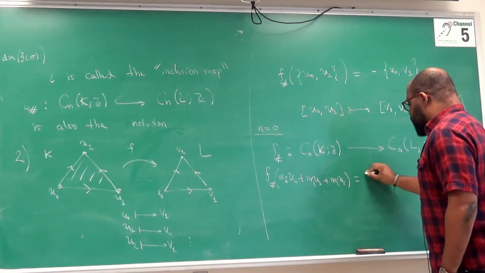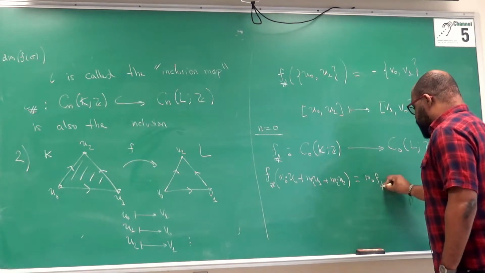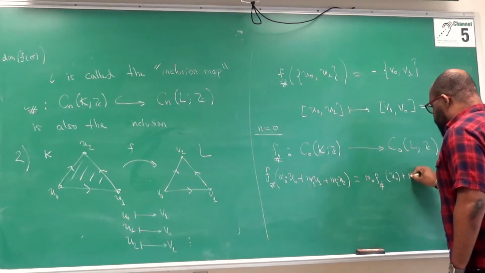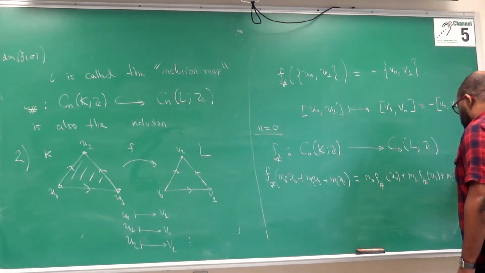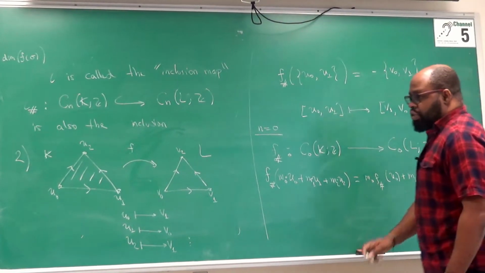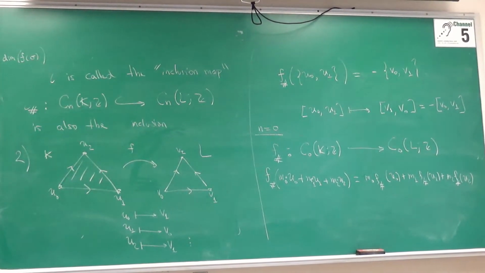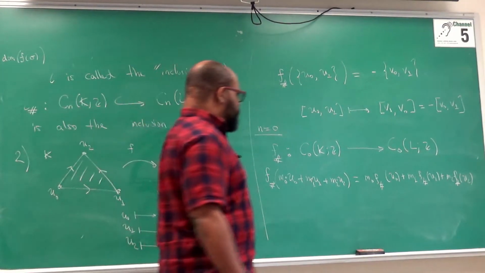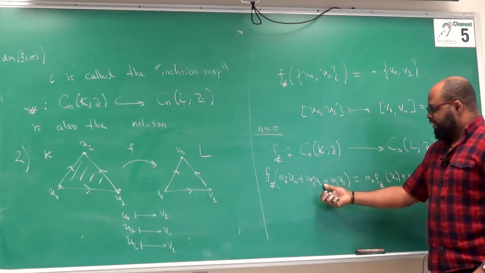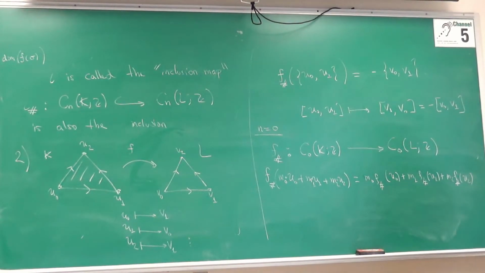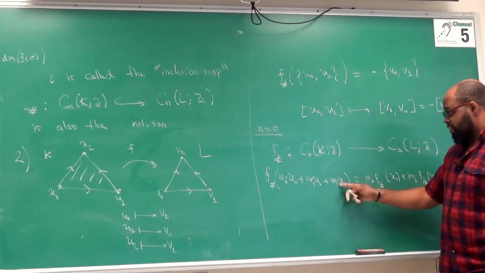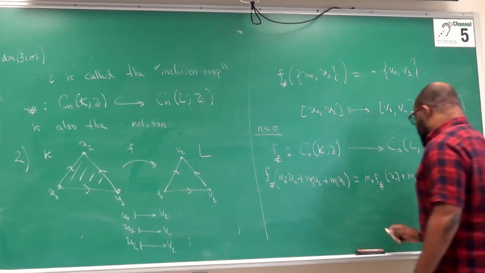And it returns M0 because it's linear plus M1 F sharp U1 plus M2 F sharp U2. So again, here when we defined it, we said as the unique linear map that satisfies some property. All of that is to say that we define it on the simplices and then extend it linearly to all the chains. Okay? And that can be done in just one way once you fix the value on the simplices. At any rate,